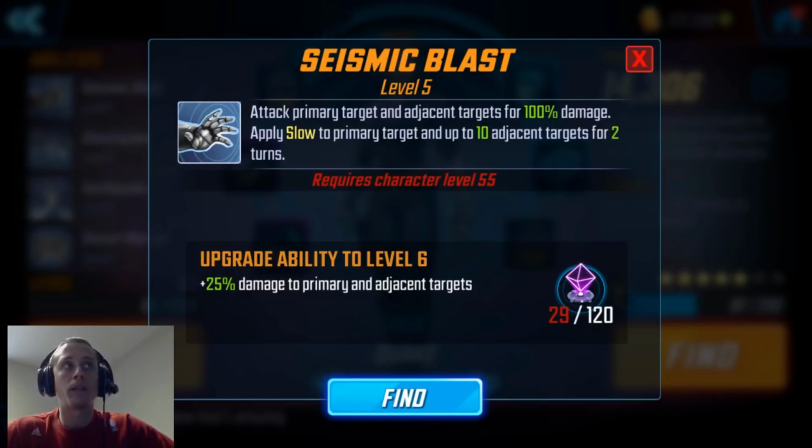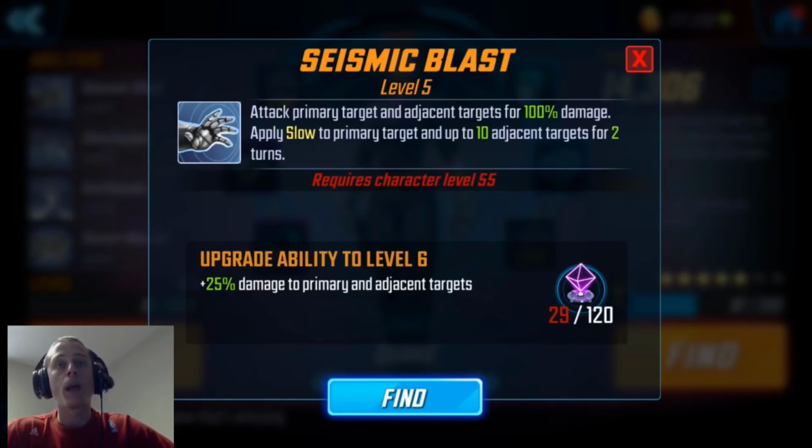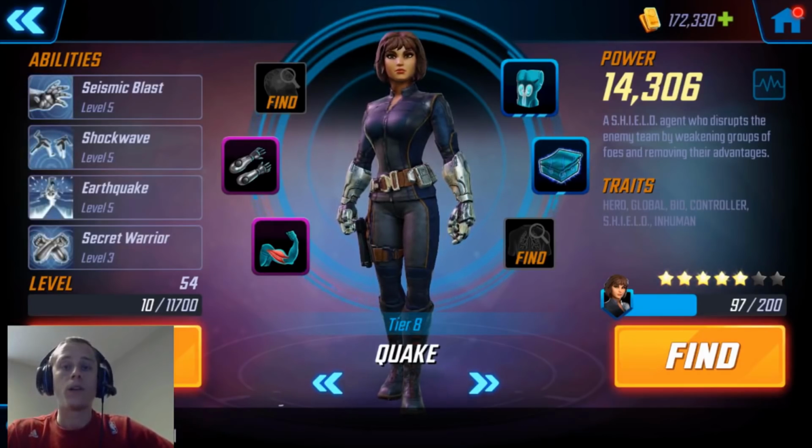So again, not a ton of damage, but it's going to apply slow to them and to adjacent targets. So for example, when I am in an arena battle, I always target one of the heroes on the back line, because that will cause it to slow 3 characters, not 2. Now, that slow is going to allow you to get a turn meter advantage with some of your DPS characters and allow them to survive longer, especially if you have a decent tank like Drax or Captain America on your